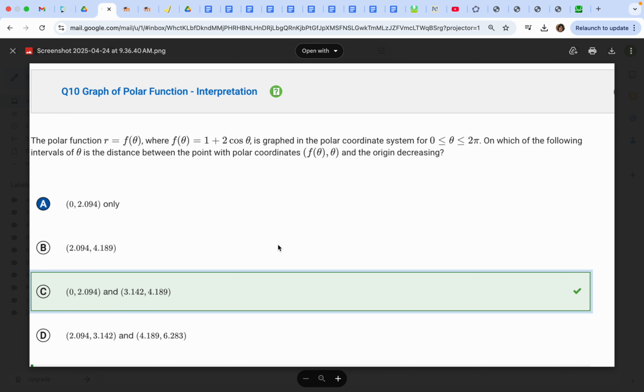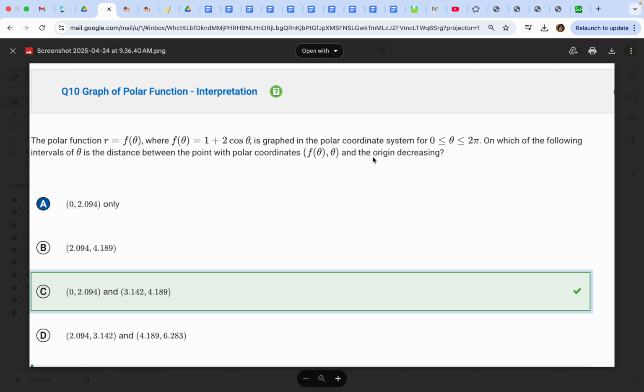Stop here because I need to use the calculator, because this is a calculator active problem, and you're going to kind of need to use Desmos or your calculator. Desmos, I think, is a little bit easier because you can just quickly see things. But so we have a polar function that's 1 plus 2 cosine theta, and it's graphed between 0 and 2 pi. And it says, on which of the following intervals is